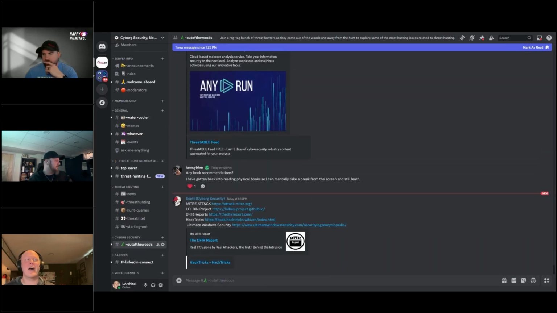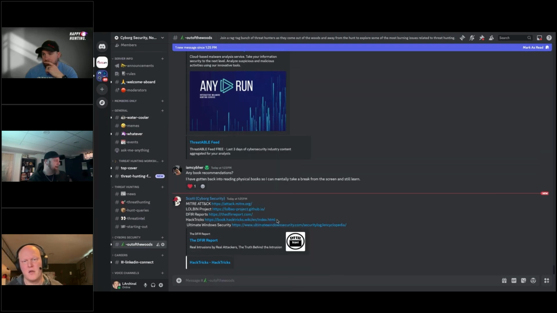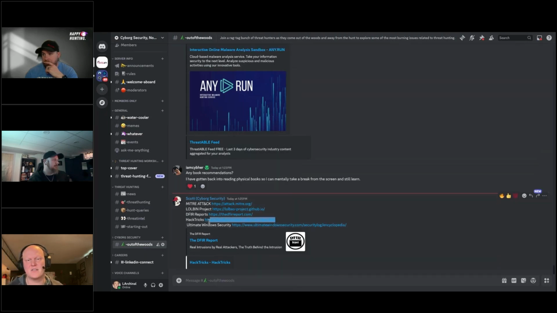When I started out, these are my go-to resources in general, just to try to understand attacks and understand data. MITRE ATT&CK, obviously, has great links off of there if you're doing research on attacks, to find other reports to dig into to understand what's going on there. The LOLBin project has great examples of actual command lines that have been used with some of those tools, as well as some resources to wrap your head around what the lay of the